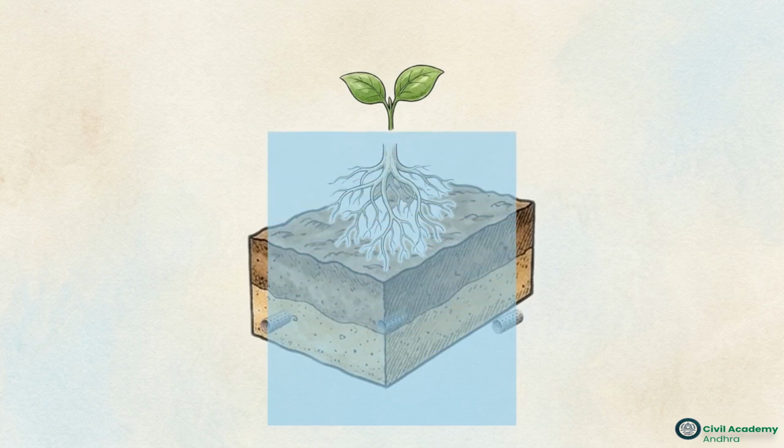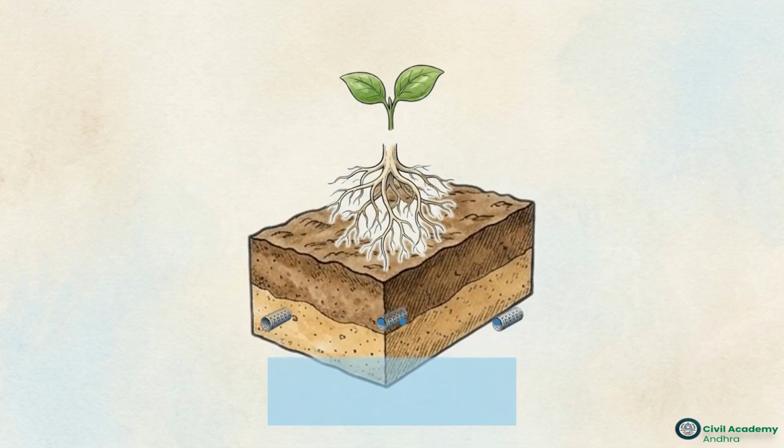To counter this, engineers install subsurface tile drains. These perforated pipes sit below the root zone to capture the excess deep percolation and artificially drain it away, lowering the water table back to a safe depth. To recap the system,